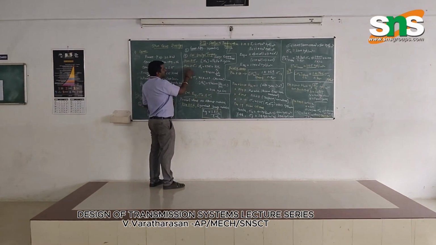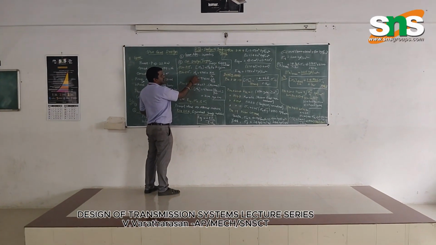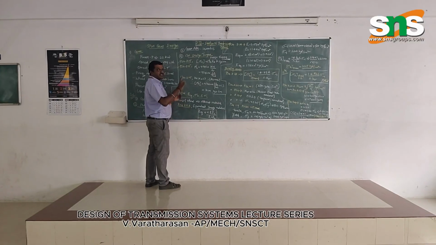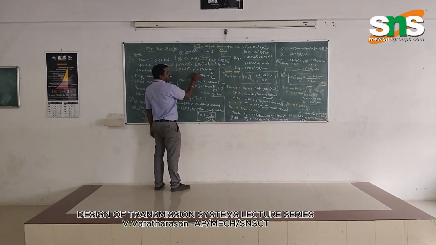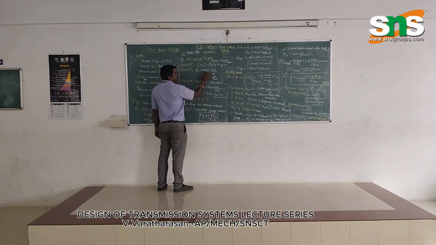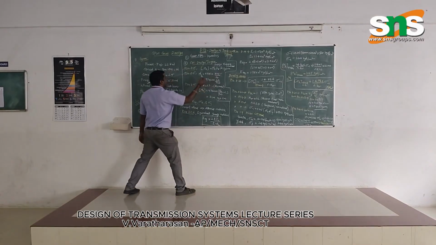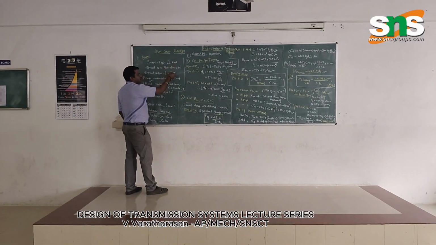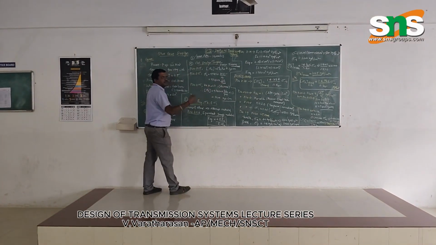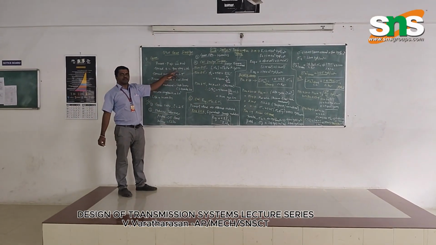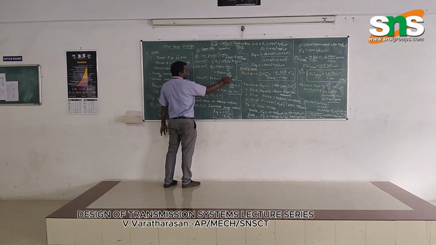On that particular page, the MT value is given in the data book table column. Here MT is nothing but the design twisting moment. The formula given is 9740 times kilowatt divided by N. Kilowatt is already given in the problem, 22 kilowatt, so we directly substitute here. N is the RPM speed given in the problem previously, 900 RPM, which is also substituted directly.